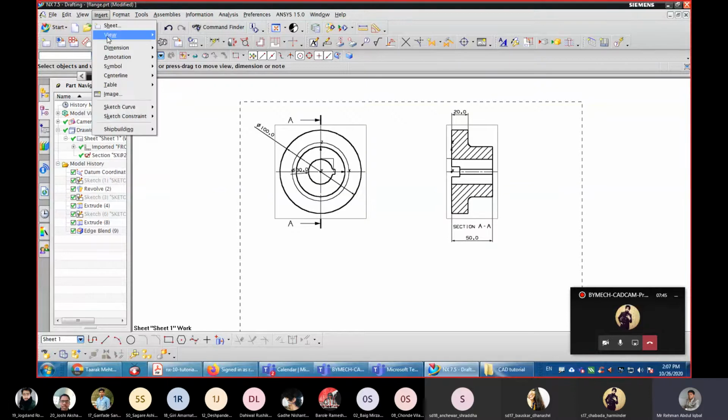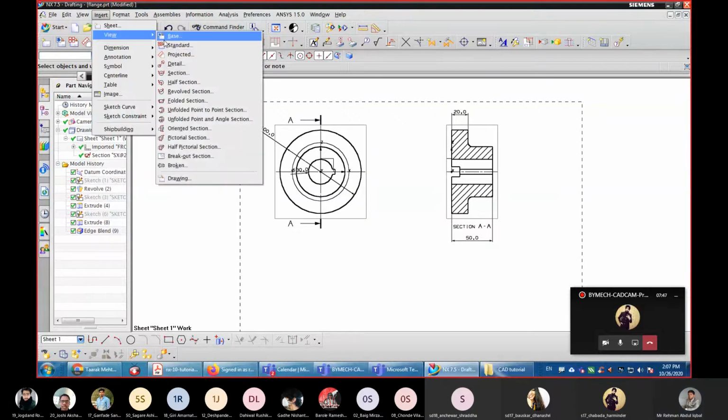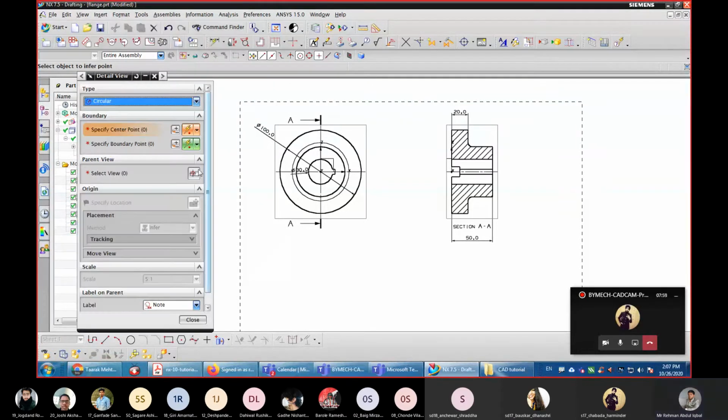Just go to insert view and detail view. Okay, here there are number of options. Means so detail view can be circular, rectangular, or you can select any of this.